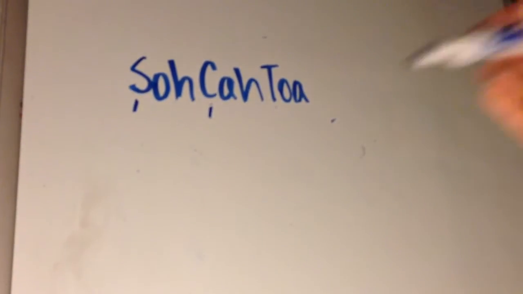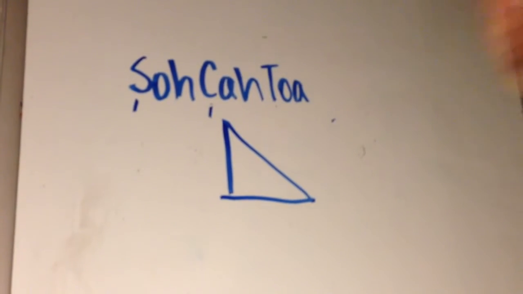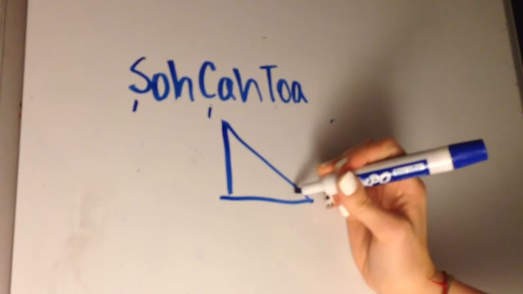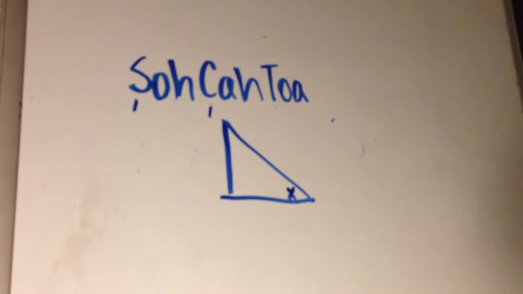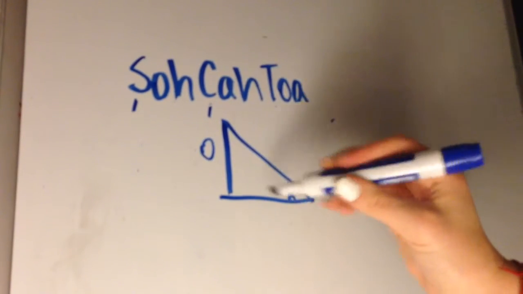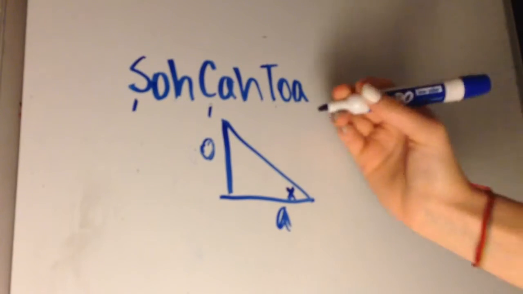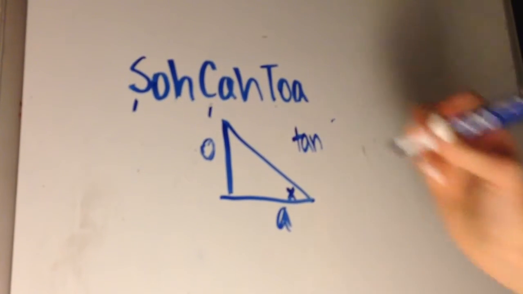So let's do an example. Let's go with tangent. If we're looking for this angle measure, so we'll call it x, and you have this opposite side, you also have the adjacent side, you're looking for this angle, you end up with tangent